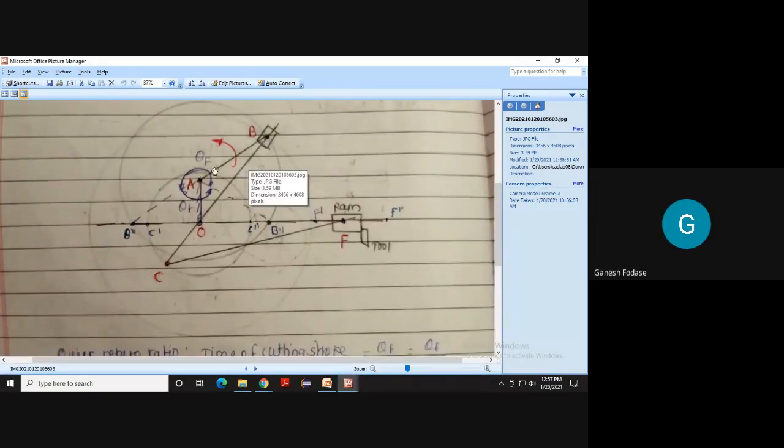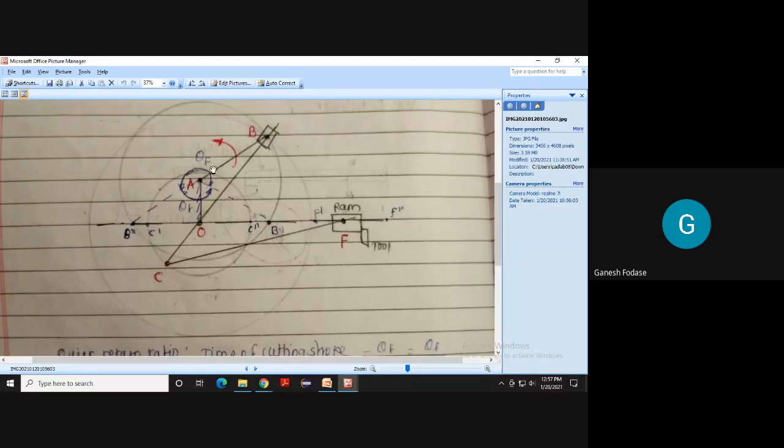I repeat again. AB is a crank. OA is a fixed link, while OB is another link, which represents the connecting link. But we extend this OB up to C, and we know what happened further. Again, one additional link is connected to transmit this motion to the output tool, that is F. So CF is just another connecting link to transmit the motion of this connecting link to a tool. We have seen it moves from B dash to B double dash. The tool is moving from F dash to F double dash. So it moves from B double dash to B dash. The tool is moving back.